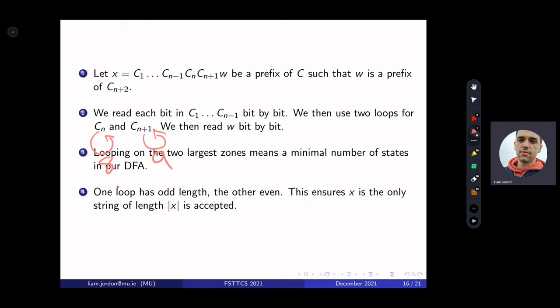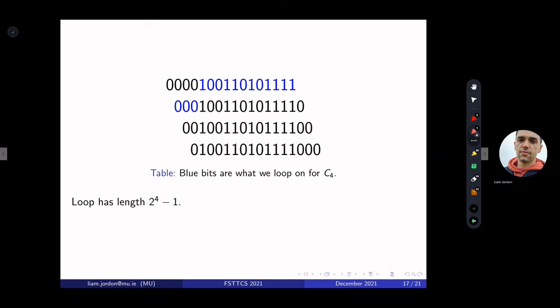Well, maybe it's impossible for us to traverse the first loop 9 times and the second loop 8 times, and have a second string w such that the length of w equals the length of x, that's also accepted. So this is impossible. The fact that one loop has odd length and the other has even length ensures that x is the only string of its length that's accepted. So it can be used to estimate the automatic complexity.